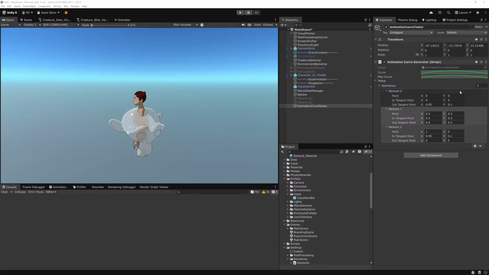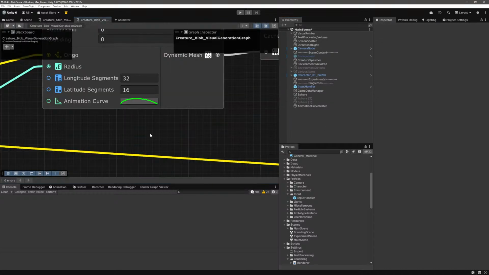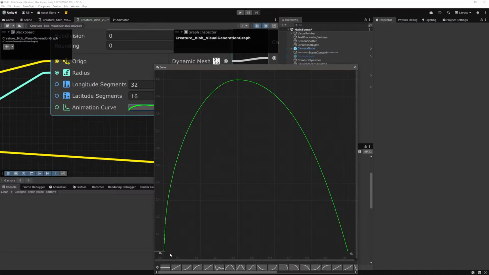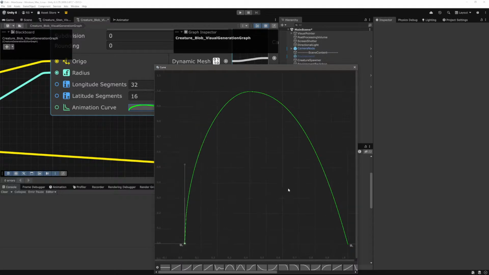But okay, so now we can do it like this instead. So if we jump to this one, so what I'm getting at here is that